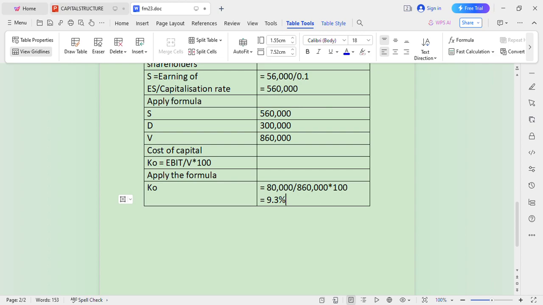Is the theory proving true or false? We have proved that the theory is true. When you increase debt capital, the value of the farm will increase and the cost of capital will decrease. So this is good for